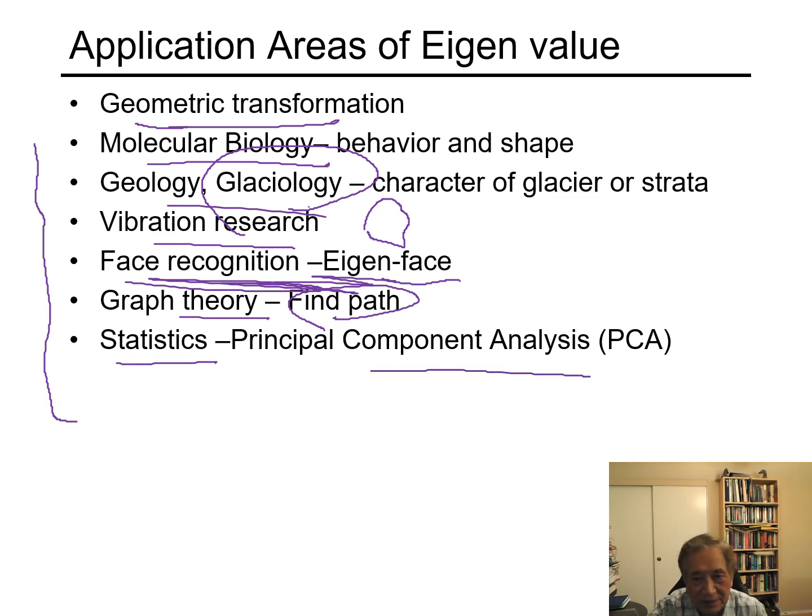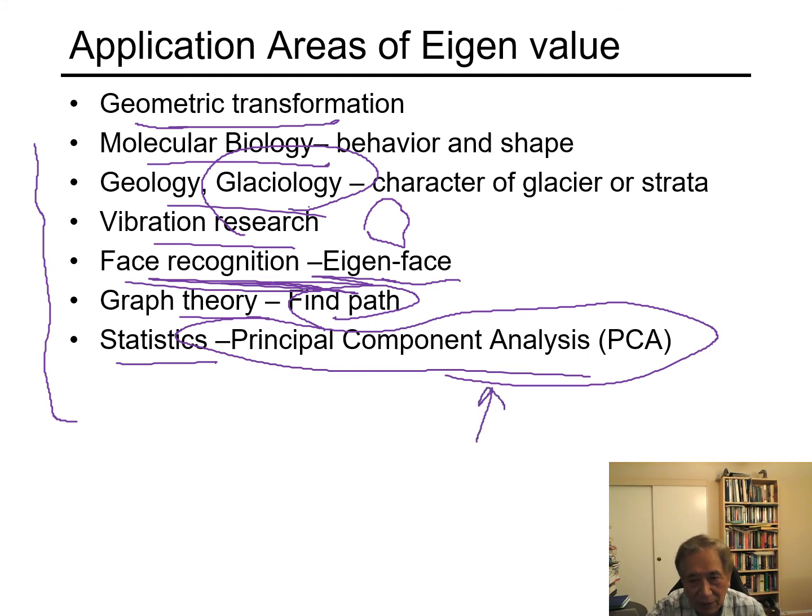So PCA, principal component analysis, in the next portion of the lecture we'll hear about a lot. But uniqueness of a certain shape, just briefly, molecular biology: when you have a headache, you eat aspirin,